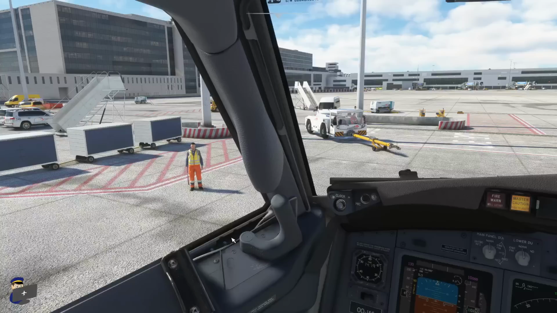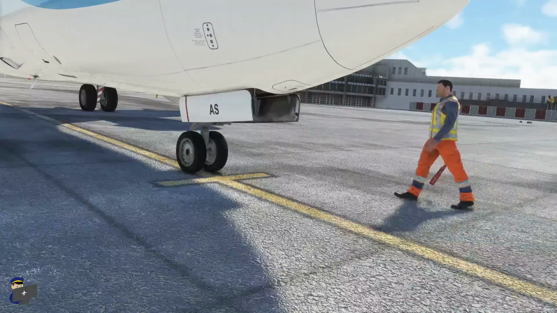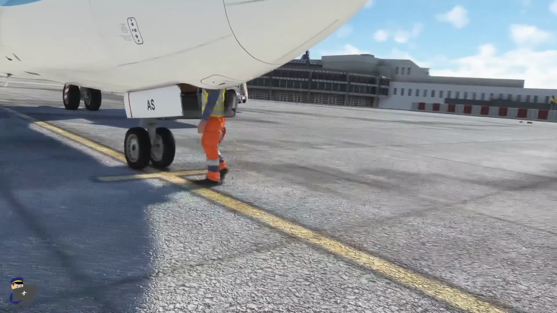Give you a little wave and say hello. And one of the cool things about GSX is that in most parts of the world, the ground crew who you talk to will have appropriate accents automatically. So he's going to come over now, and he is going to...